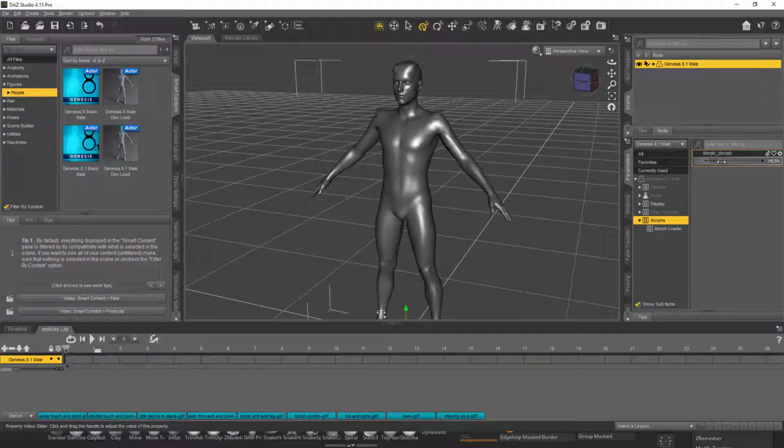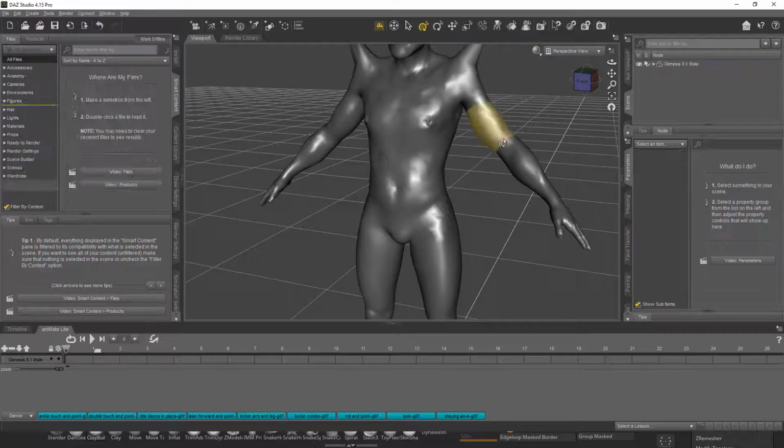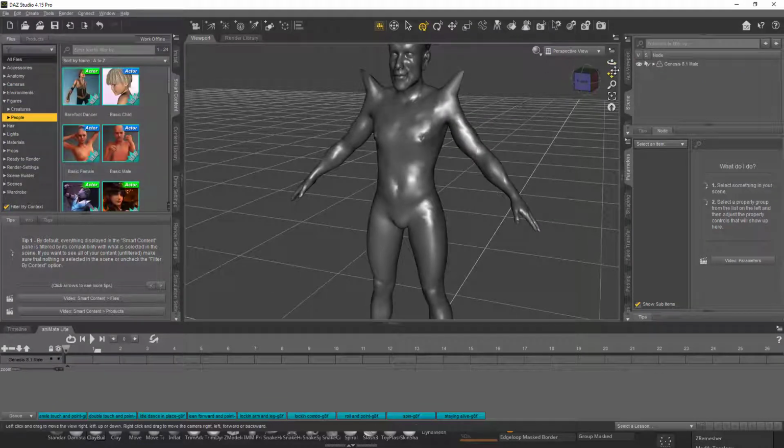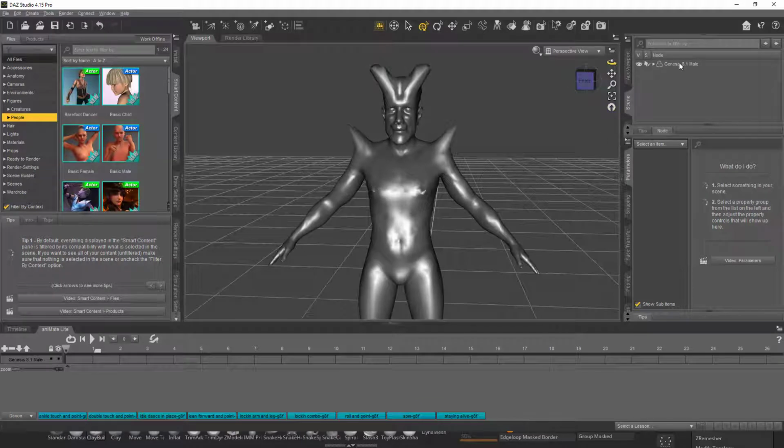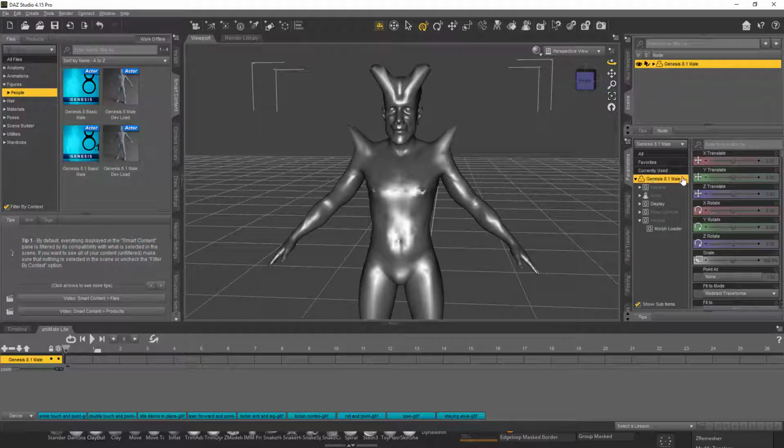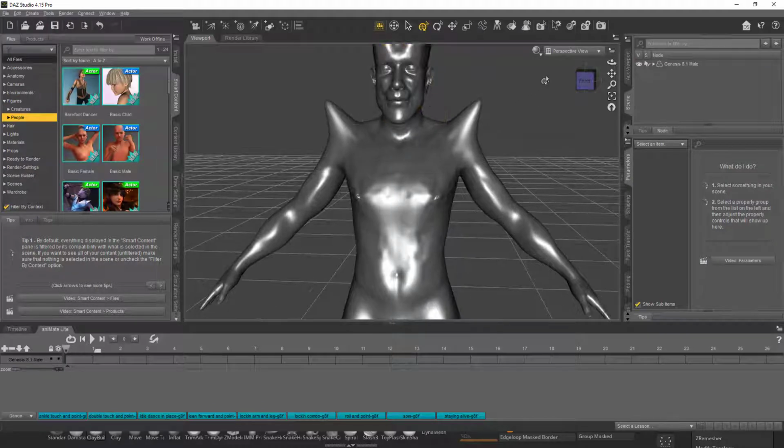Now when I go to the 100% value, it will show the details that were created in ZBrush, and for better viewing I will change the resolution level to high resolution so that you see better details here.